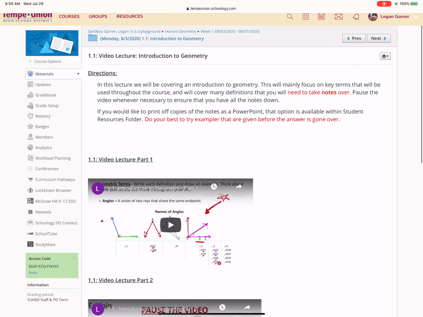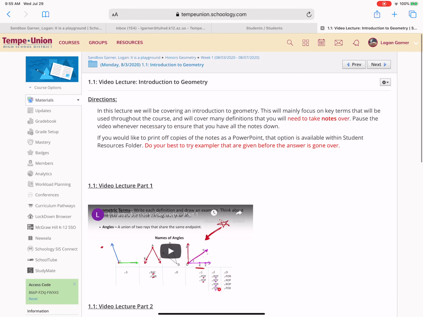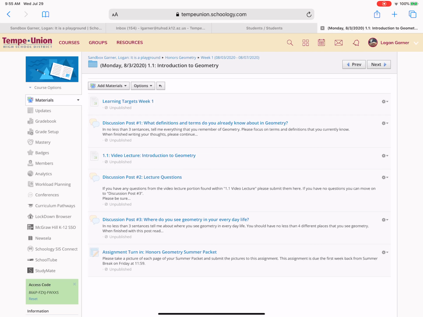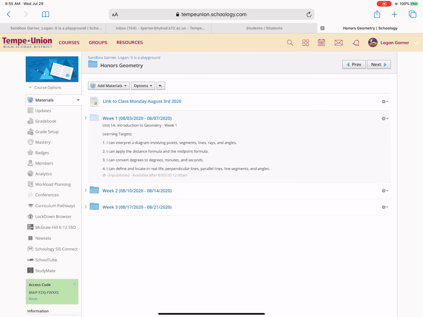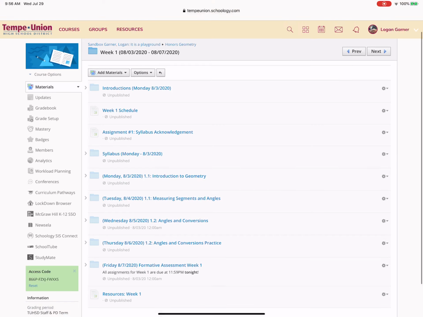So if you miss class on a certain day, and again, for class, you're just going to that first link on the first page. So again, for class, on a normal class day, you're just going to go ahead and click on this link to class. So that's how you get into class. But from there, once you're in class, if you want to follow along with me,